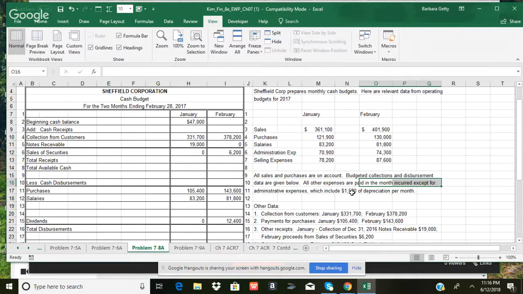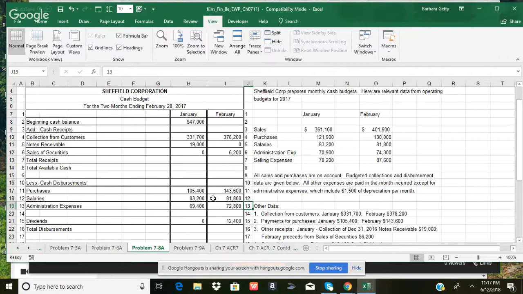We have to subtract it from it. So if we take the 70,900 and subtract the administration, the 1,500, we get, oh, I have to put administration in here. Administration expenses. We're doing it less the 1,500. So the 70,900 less 1,500 is 69,400. And then up here, the 74,300 less the 1,500 gives us